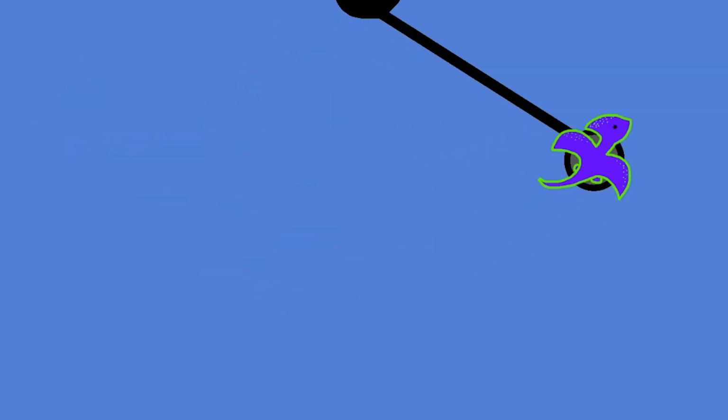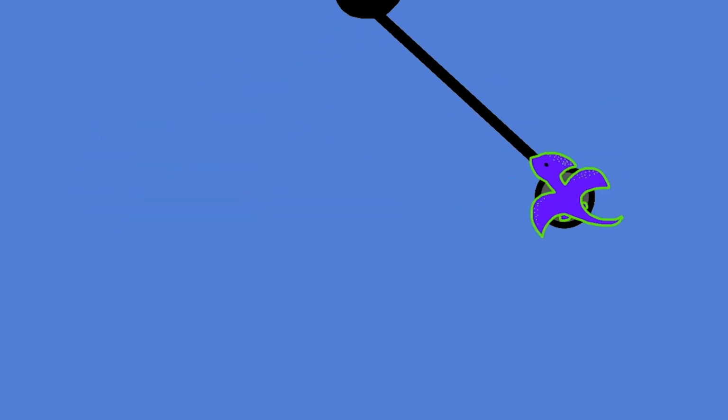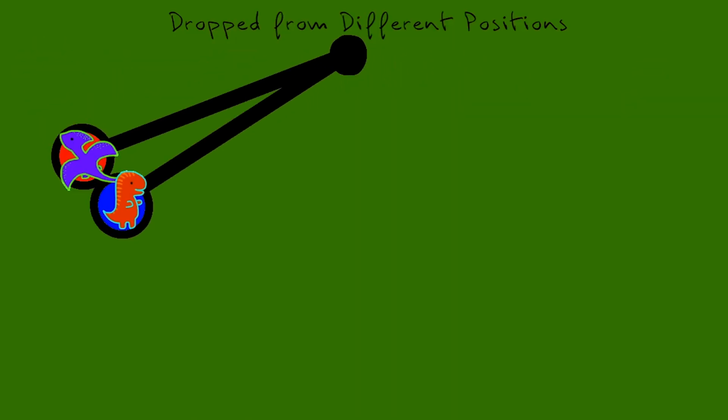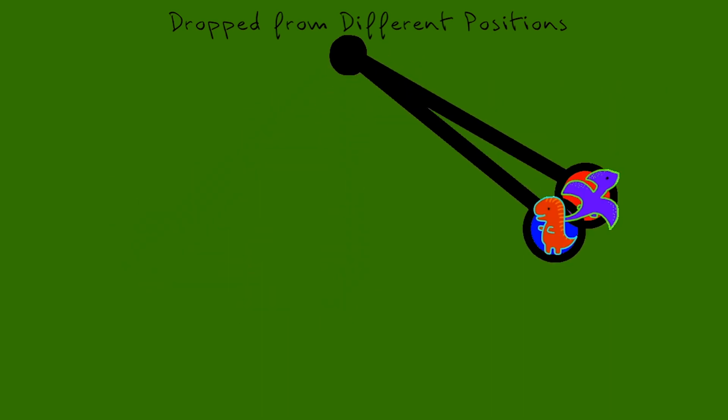This is a single pendulum. It represents a normal system. It sways back and forth, hinging on one point. Its velocity and motion can be modeled in an equation, and its direction can be predicted. When I drop two single pendulums from different positions, each takes a regular predictable pattern of motion. They are not sensitive to initial conditions.